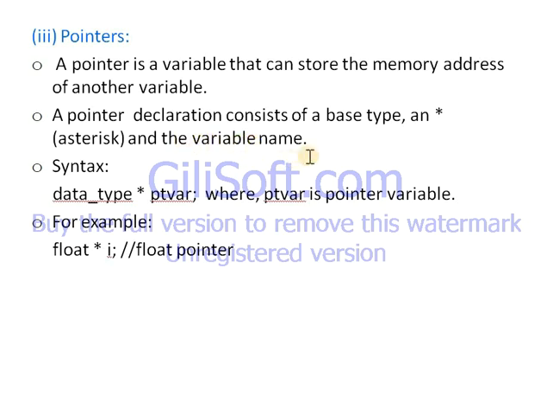For creating any pointer, you first specify data type, then asterisk symbol, next pointer variable name. PTVAR is a pointer variable. For example, here float pointer I is defined. This is a float pointer. For example, if I want to define an integer pointer, then I create the pointer as integer asterisk symbol I. This creates an integer pointer. This is a pointer.